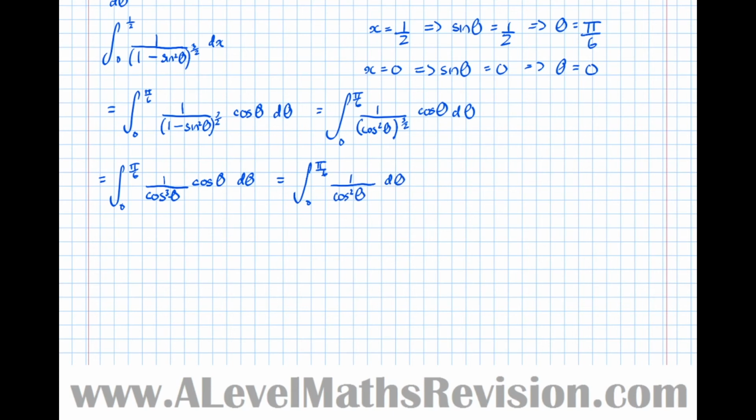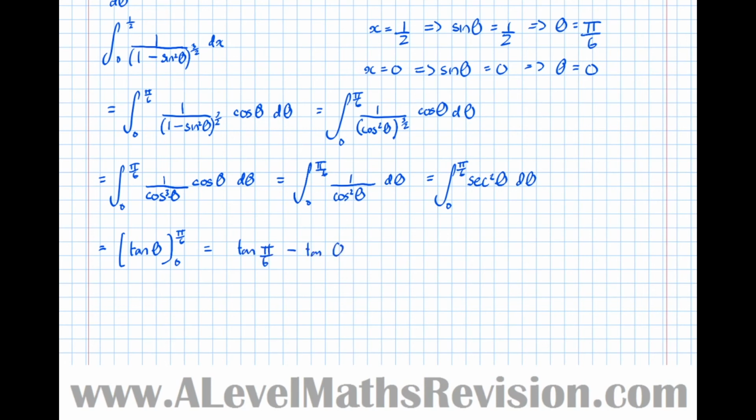So what you've got to notice here, it's not readily integrable, is 1 over cos squared theta. But if we rewrite 1 over cos squared theta as sec squared theta, then it is something that we know the integral of. So the integral between pi over 6 and 0 of sec squared theta d theta. And you can check this in your formula book, but you should know the integral of sec squared theta by now. It's tan theta. So equals tan theta between pi over 6 and 0 equals tan of pi over 6,